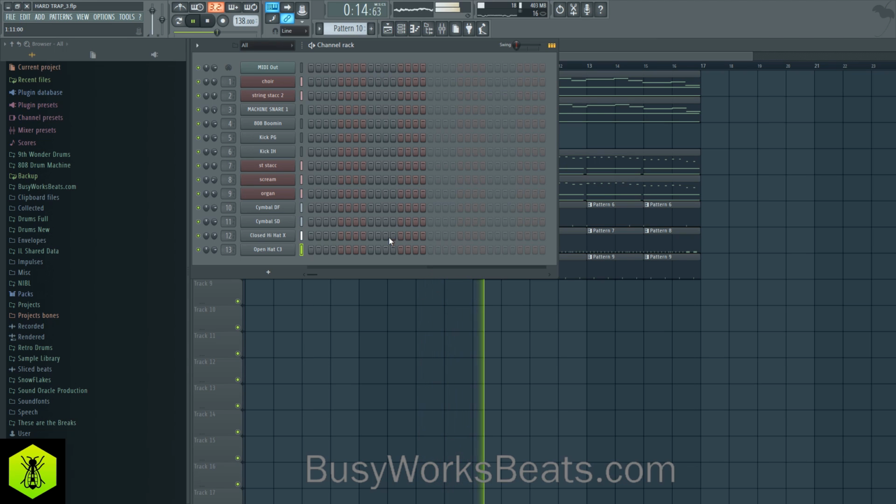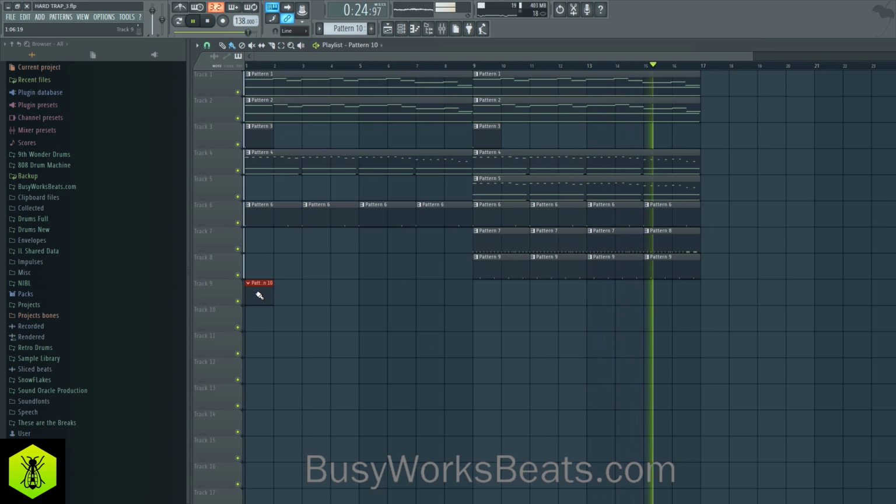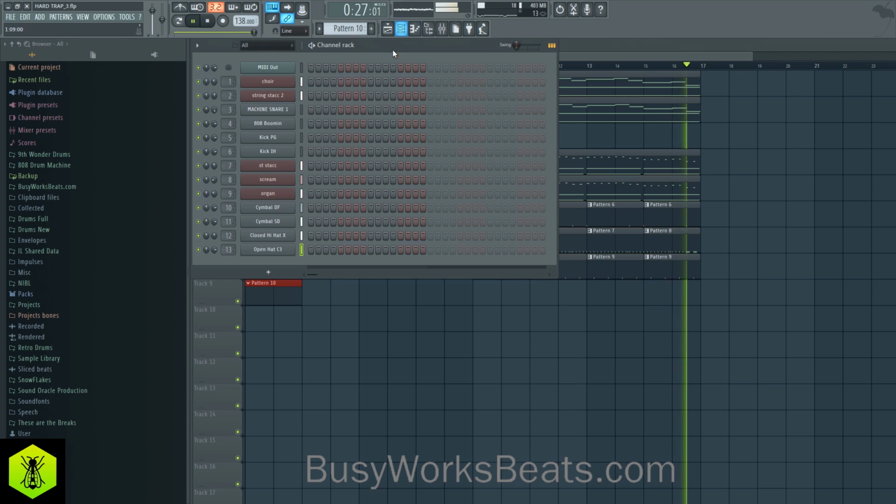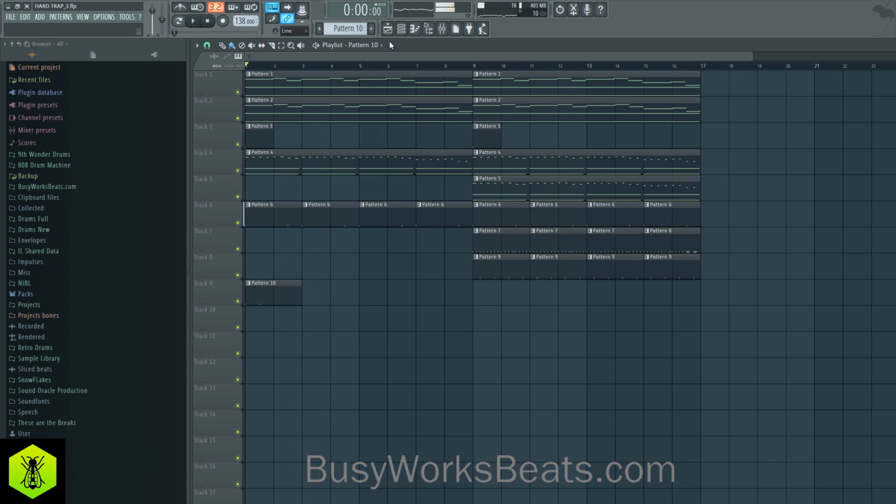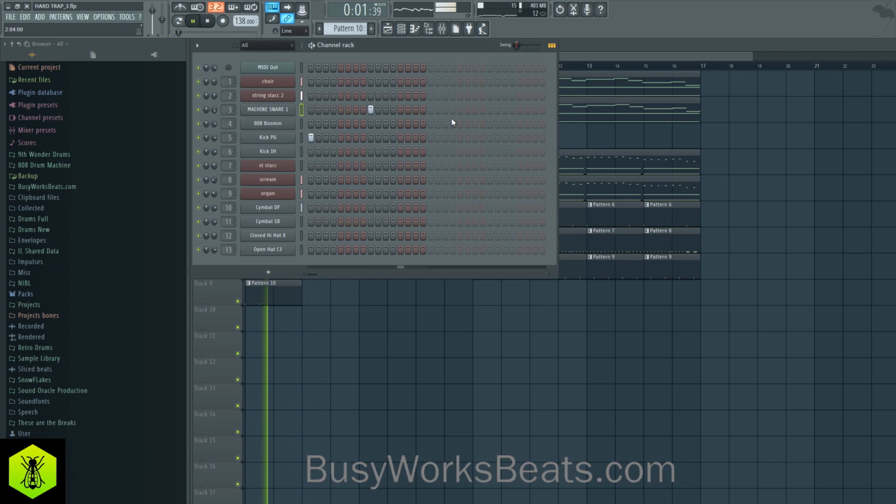And 1 and 2 and 3 and let's turn the hi-hats down a bit. Now we need to add our kick and snare, so let's go back to the beginning. Work out a kick pattern. So the snare is going to go on the 3 and 7 count. 1, 2, 3, 4, 5, 6, 7, 8.